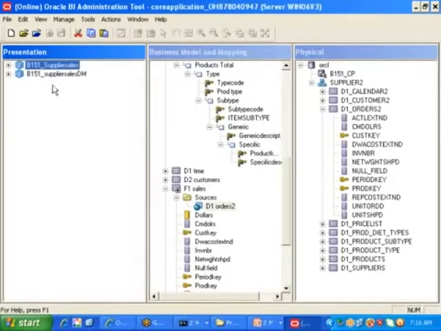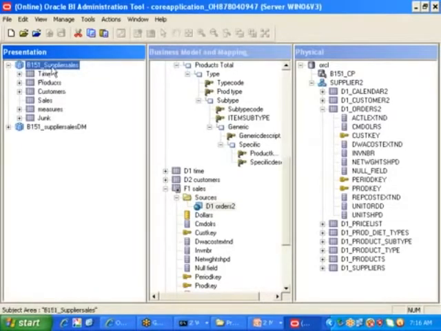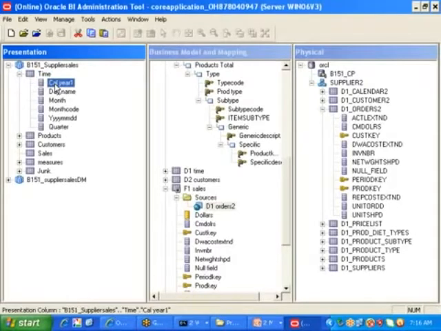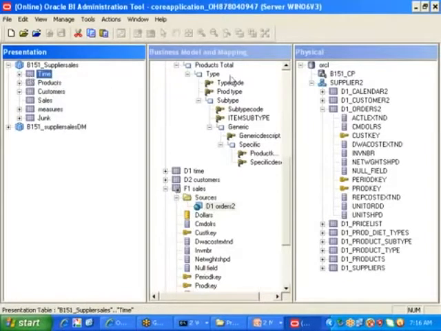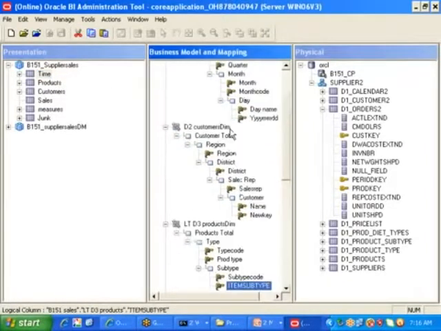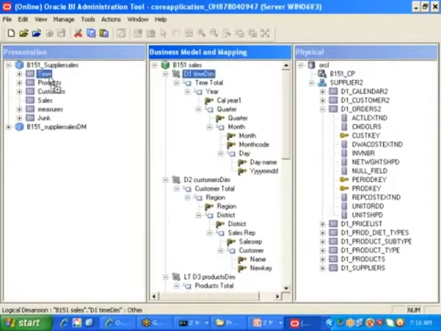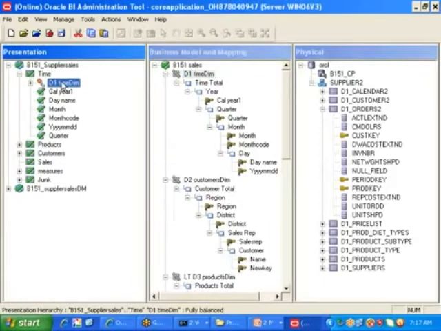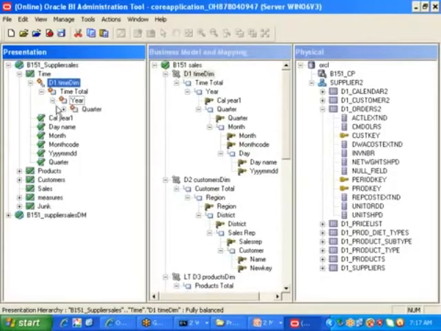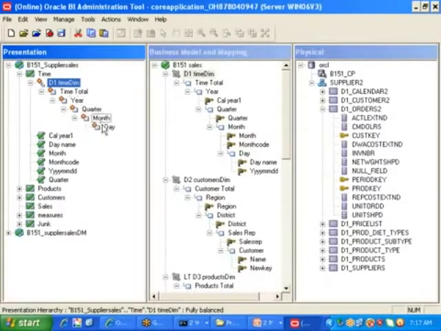Right. Now, if you see here, I have 3 objects, right? One is what, sir? Subject area. Second one is what, sir? Presentation table. Third one is what, sir? Presentation column. Did you remember or not? While I was teaching the presentation layer, I said one more object is introduced in OBIEE 11g, that is called the hierarchy object. Now this is the time to talk about that one. I created the time hierarchy, right? Why don't you drag and drop this time hierarchy onto this time dimension? If you drag and drop, automatically we get one thing that is called the hierarchy object. This is my hierarchy object, time total, year, quarter, month, day, this is what is available.